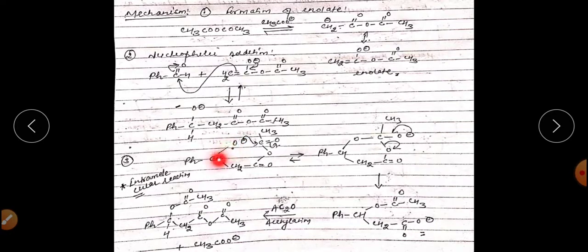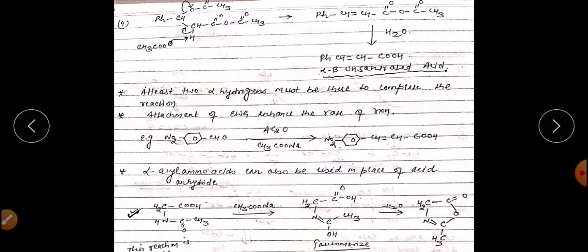After this one, the reaction will start intramolecularly, right? Then there will be intramolecular attack of this particular O negative on the carbonyl carbon with final formation of this particular product, right? Means this O negative will attack on this one to form the C double bond O with the breaking of this particular bond to form this one, which on further acetylation with acetic anhydride will get converted into this particular product. So this is the third step, which starts with the intramolecular attack and then finally breaking will happen, and then acetylation you will get this particular product.